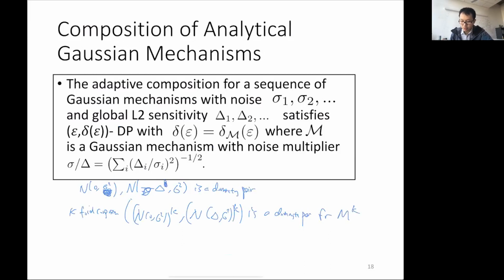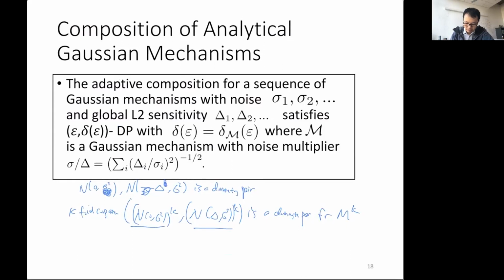So it remains to calculate the privacy loss random variable for this, and because each mechanism is independent, or it's a martingale in the adaptive composition case, then it can be easily worked out